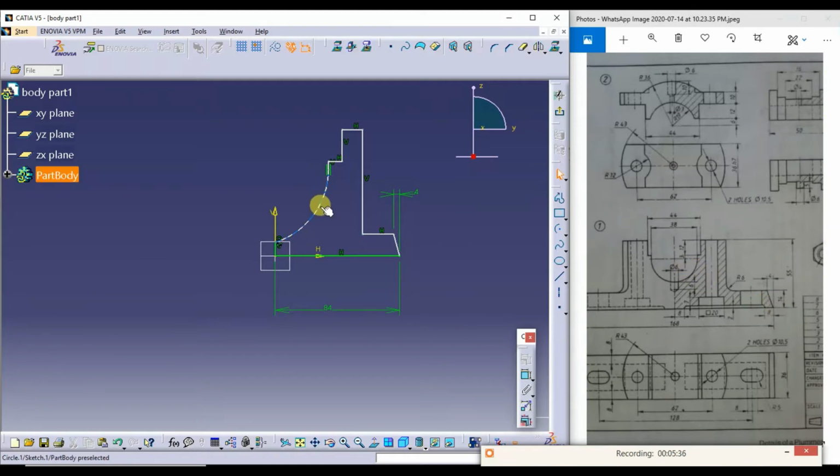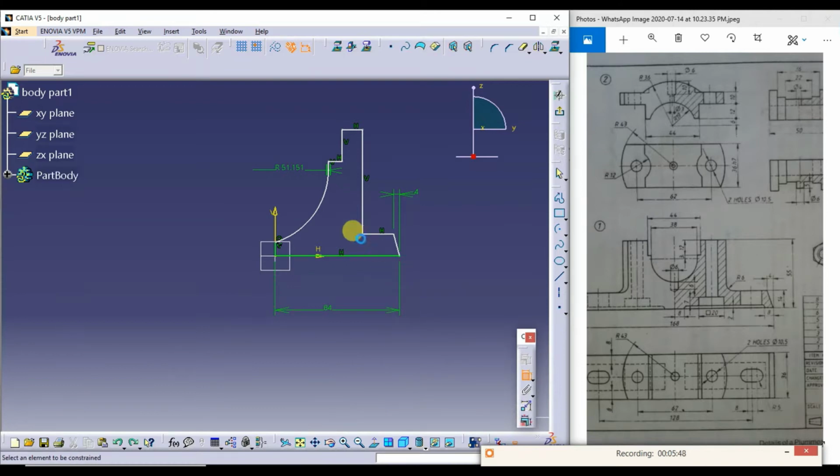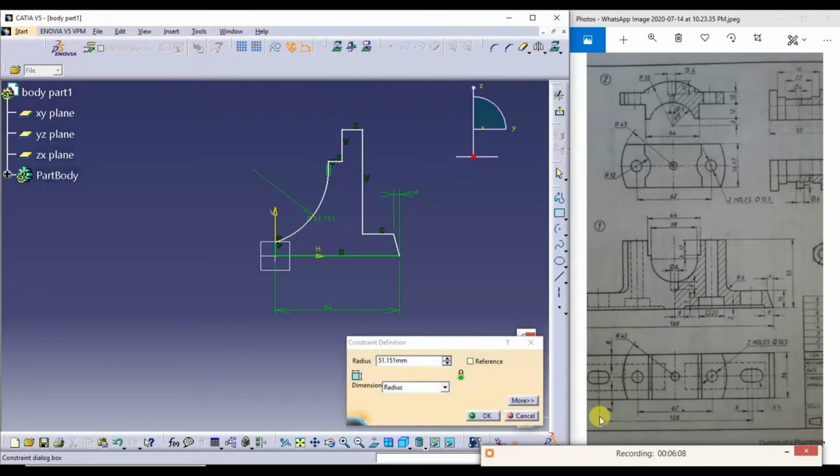Next, this radius, I'll delete this. This is half of 38.